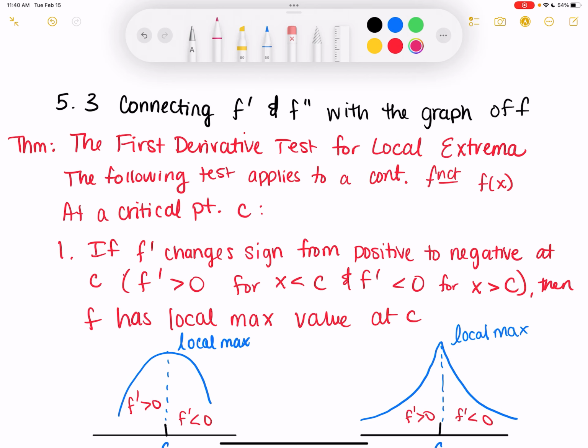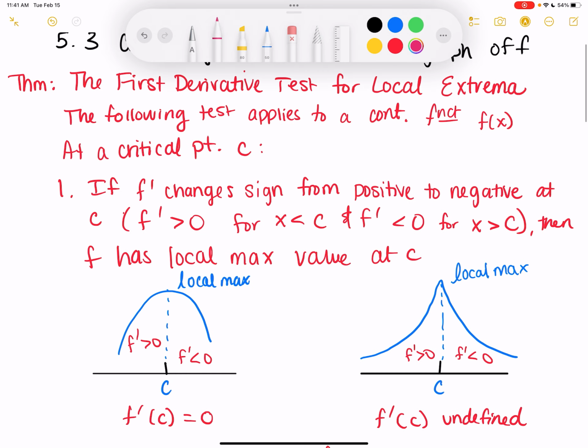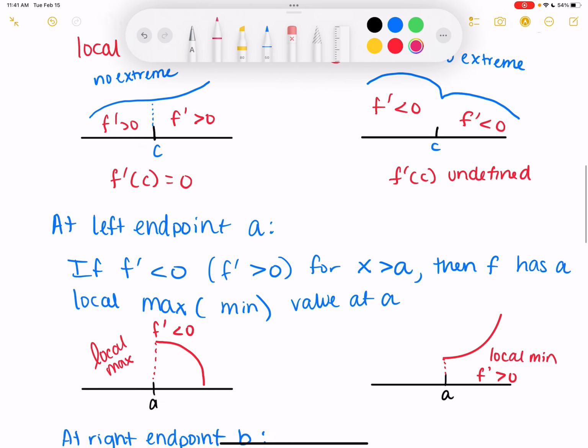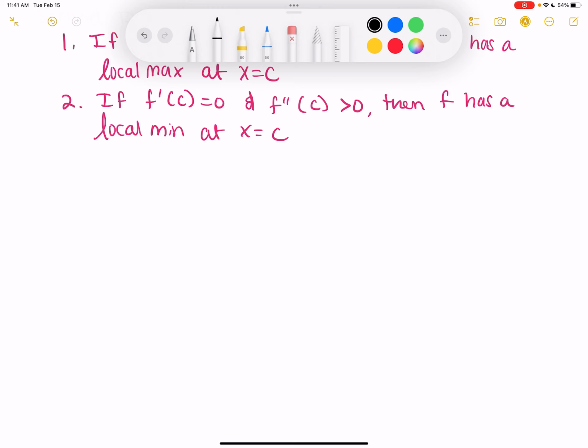All right, so we're going to take a look at the examples that go with this first derivative test stuff here. So finding the local max and local min, where they occur, all that fun stuff. So let's see, on